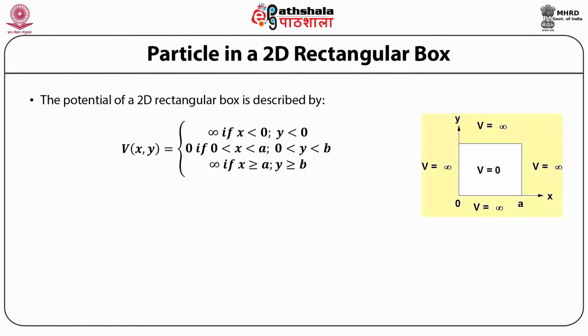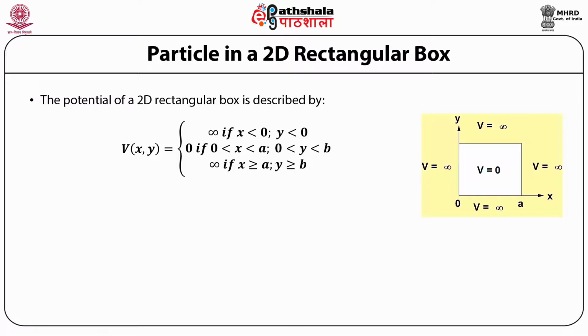So d square psi x by dx square plus kx square psi x is equal to 0, and another equation is d square psi y by dy square plus ky square psi y is equal to 0,